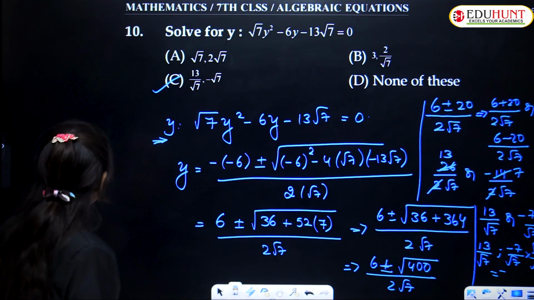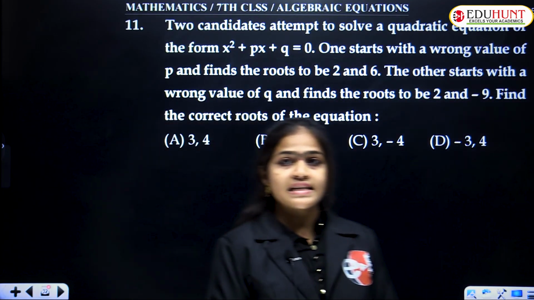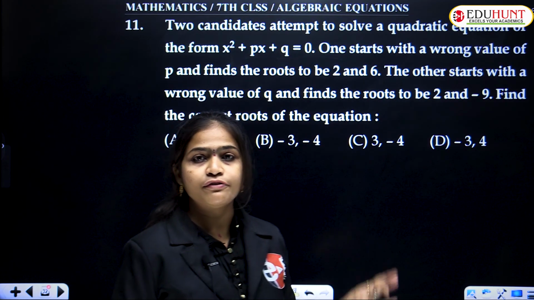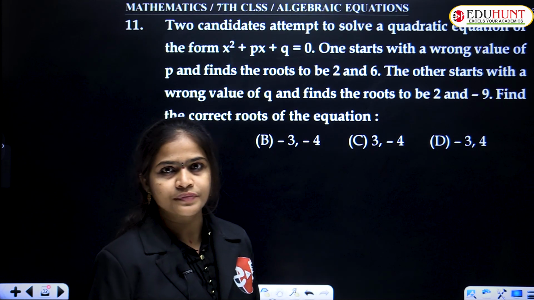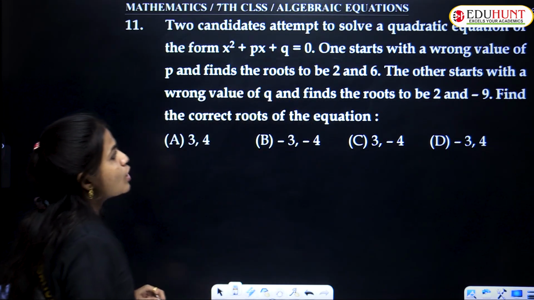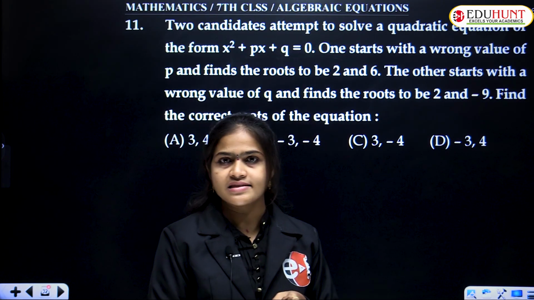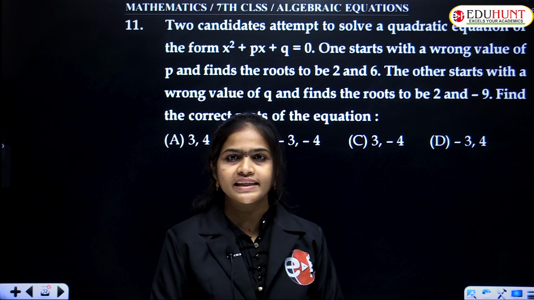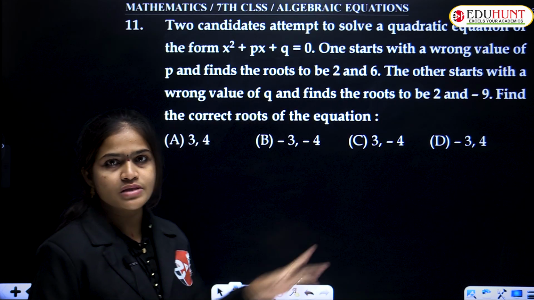Yes. So let us say the next, 11th question. Yes, 11th question. By saying this is a long problem, but when you read this one, this is very, very easy. If you understand this one very well, then it is easy to find the answer. Okay, once see that question. Two candidates attempt to solve a quadratic equation, which means here they have given a story. Here two persons are there, two persons ready to solve that quadratic equation. Okay, one quadratic equation is there, so these two people are ready to simplify that.